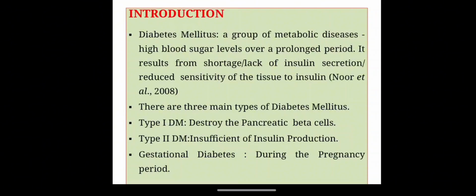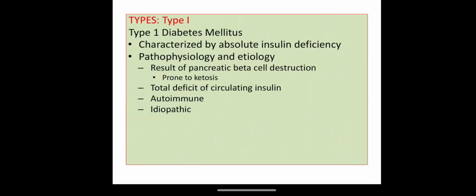There are three types of diabetes mellitus: type 1 diabetes mellitus, type 2 diabetes mellitus, and also gestational diabetes. Gestational diabetes occurs only in the pregnancy period. Type 1 diabetes mellitus destroys the pancreatic beta cells, and type 2 diabetes mellitus involves insufficient insulin production. Type 1 diabetes mellitus is characterized by absolute insulin deficiency, and also there is a pathology